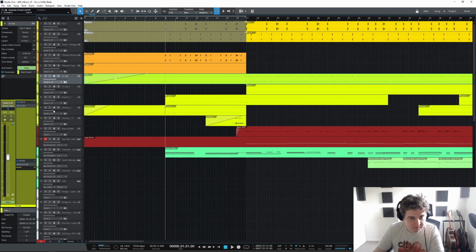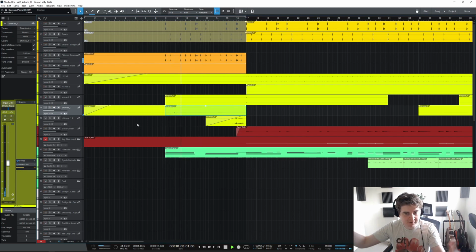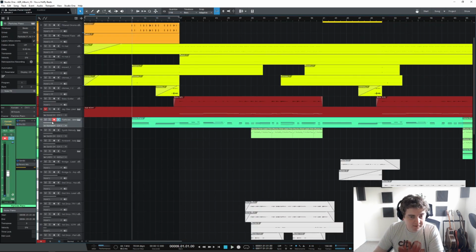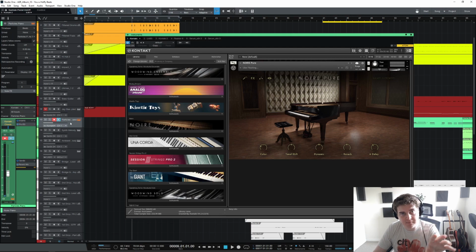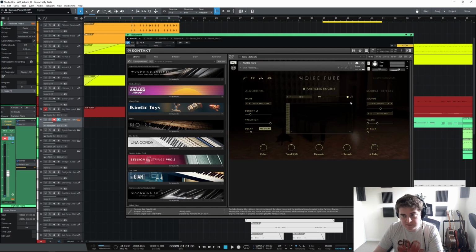We have some chimes. These came from Hoffy as well. I haven't touched that at all, no EQ, anything. I've just sent it to the reverb mix, so you get that sort of washed out sound. It just sounds very dreamy, sounds lovely. And there's also a particles piano in here as well. So even though we've done the ambient piano through my Serum method, I've also used the Noir particles method as well.